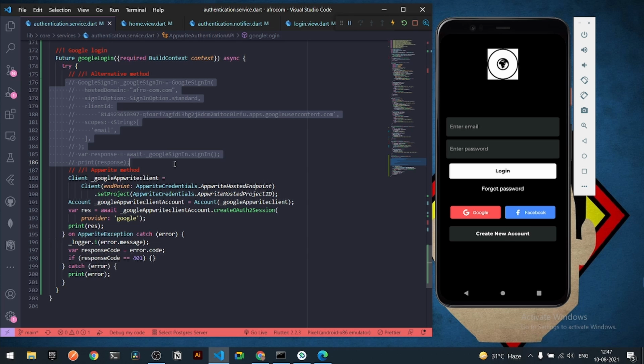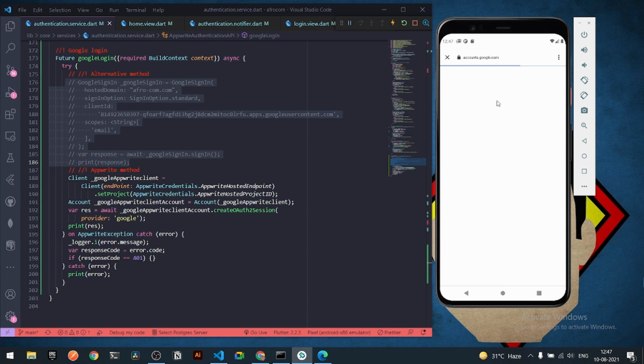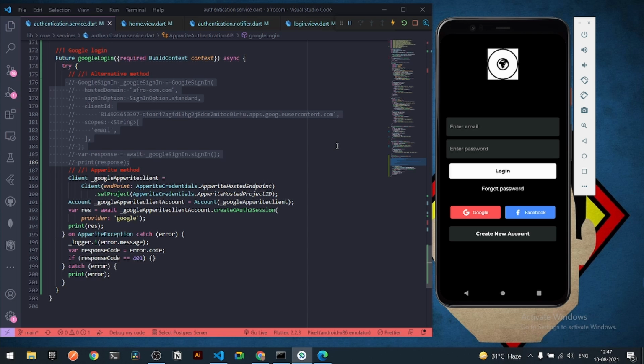In spite of that, I have covered all the three services, that is Facebook login and Google login, because we are able to go to the particular Google Cloud console, and also we are able to select our particular account, which I showed to you. We are able to select the account, but due to the hosting problem, which is not my problem, we are not able to get our data back. But in spite of that, the Facebook login is cleared, Google login is cleared, and caching all the credentials is cleared. If I hot restart my entire application once,